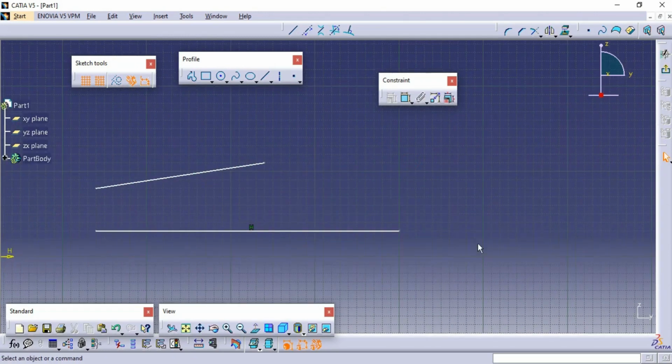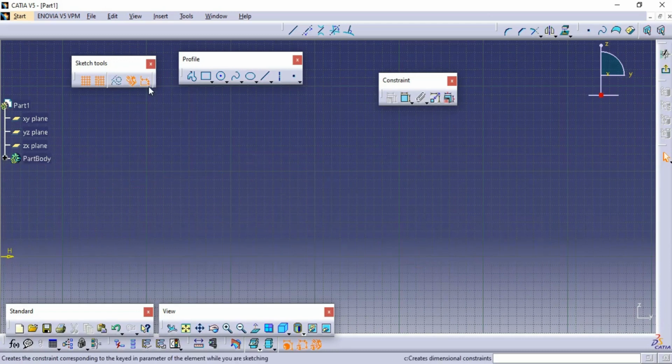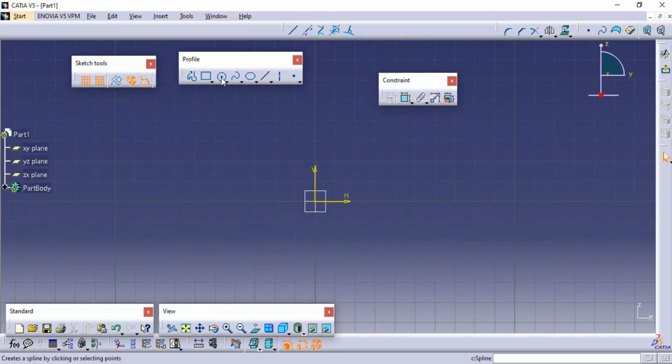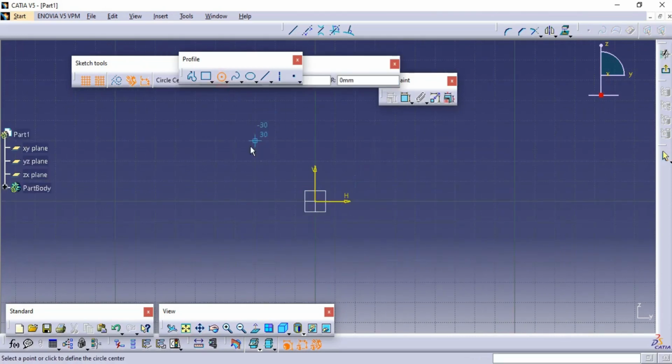Okay, now next to that we will see the dimensional constraint. So here I will draw one circle by keeping on this dimensional constraint.